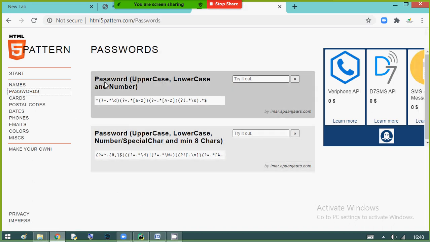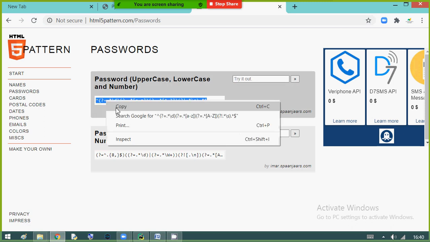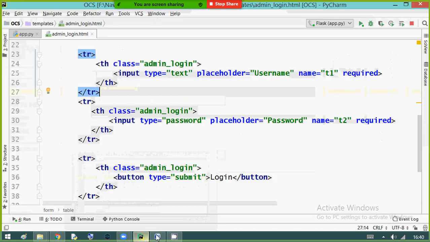Password: uppercase letter, lowercase letter, and a number. Your password must contain uppercase, lowercase, and a number, right? What I have to do for this is very simple. Just copy this pattern and apply it to your HTML.